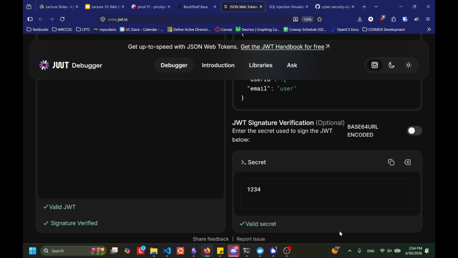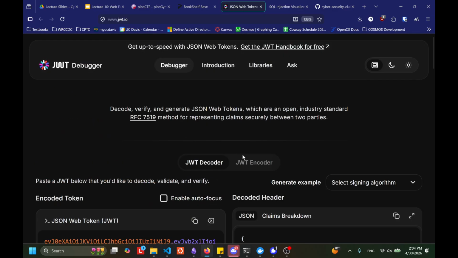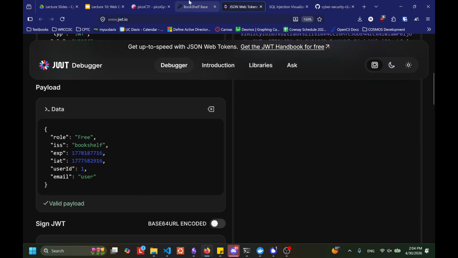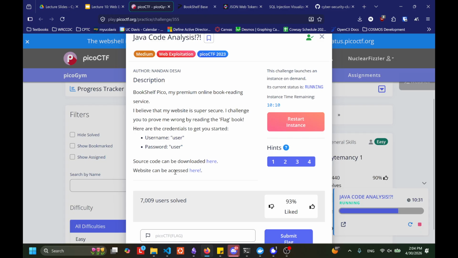Okay, so that's a really big issue. The secret, normally, best practices, is supposed to be some randomly generated jumbled string of 256 bits or more. They chose to just use something like 1, 2, 3, 4. Okay, it's valid. I can sign it, which means if I have the secret, I can generate my own JWTs. So can I log in as